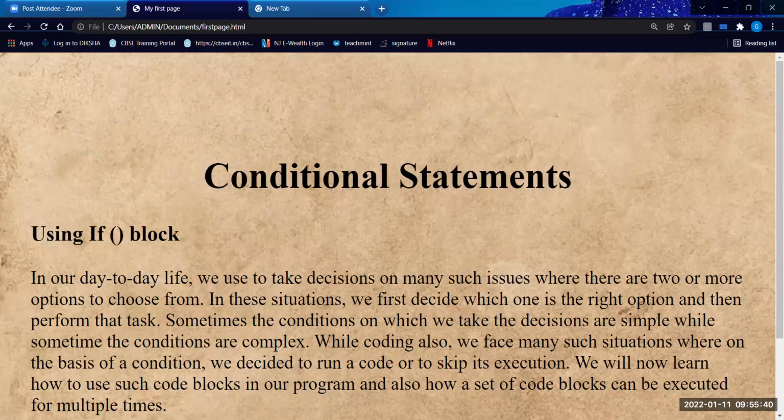Okay. Now, the next tag that we are going to learn is your P tag. P tag is paragraph tag, to display the text in the form of paragraphs.